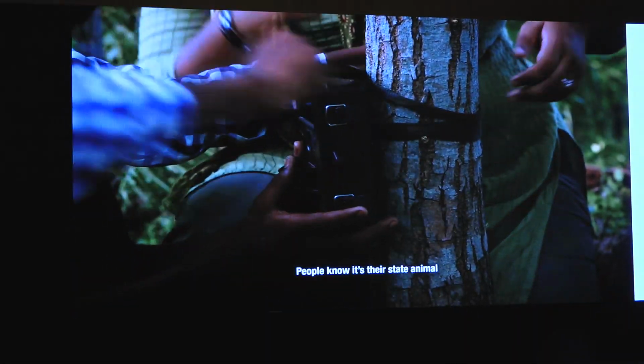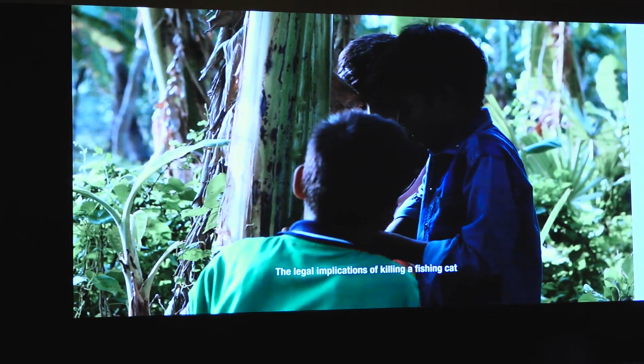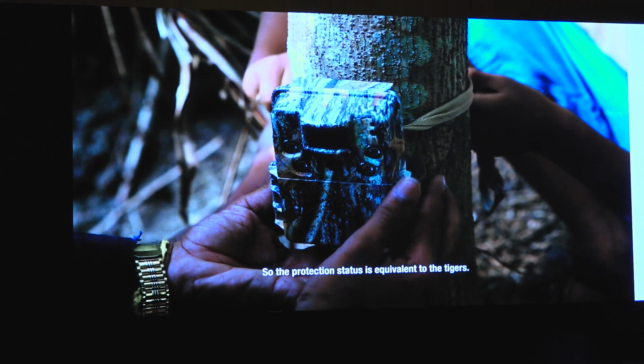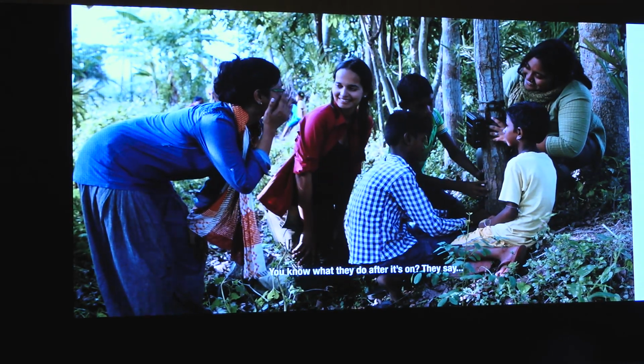People know that it's their state animal, which they never knew before, and the other is they know the legal implications of killing a fishing cat, which is a Schedule 1 animal. So the protection status is equal to the tigers. You know what they do after it's on? They just say,